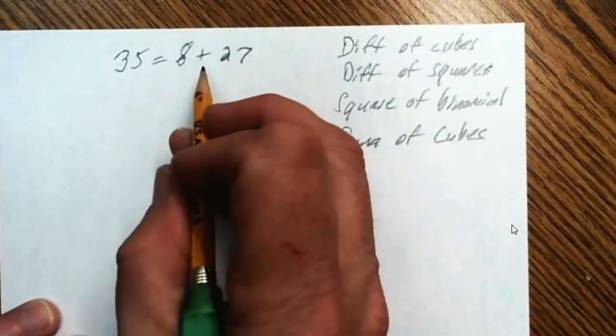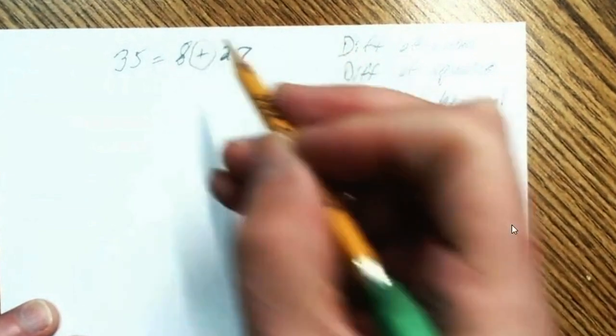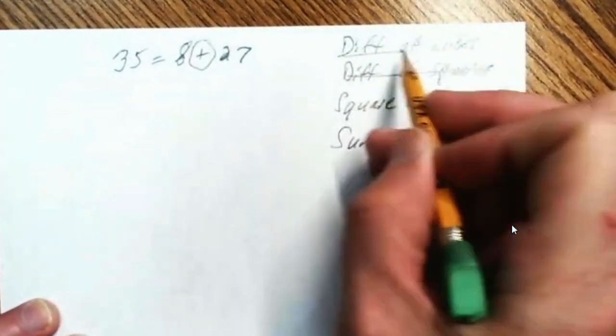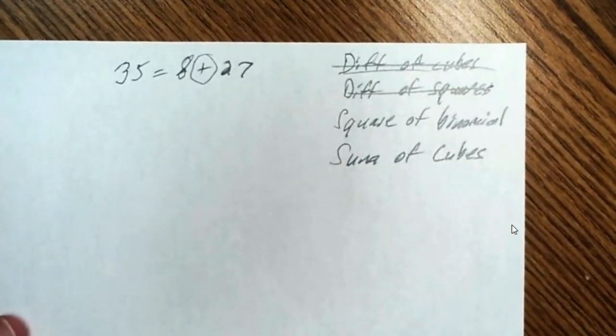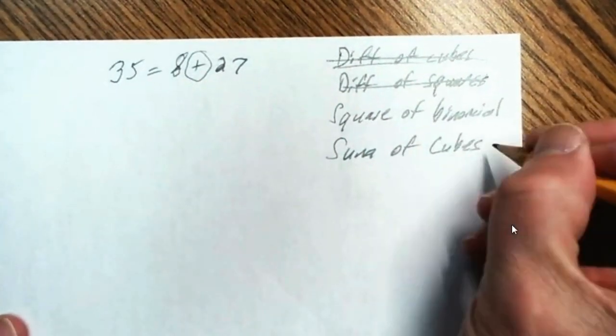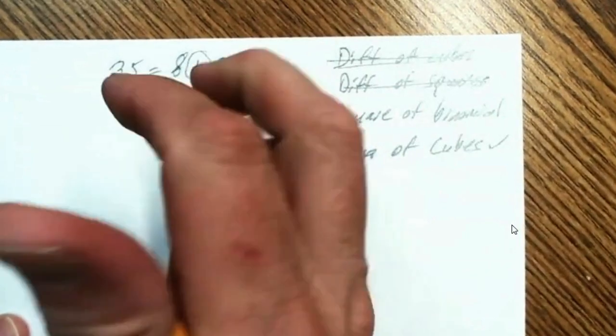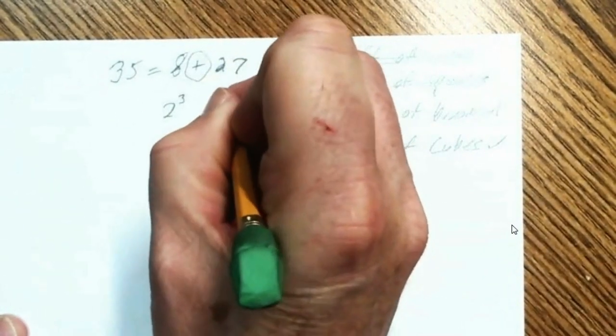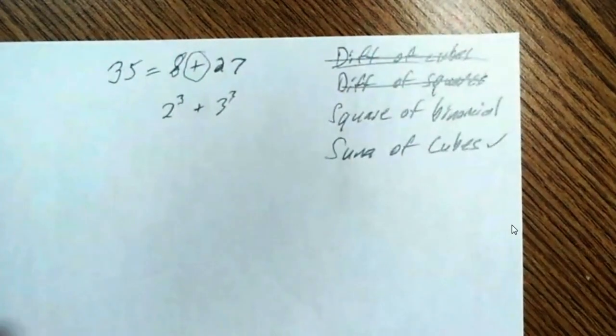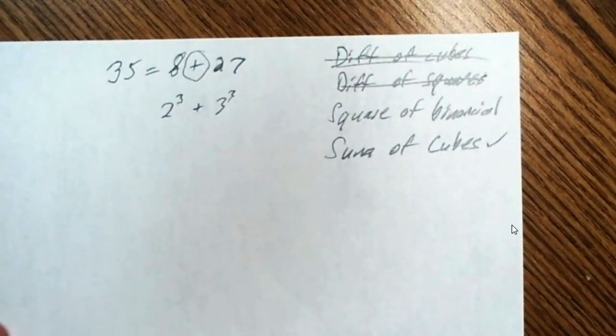Well, the first thing I look at is that's addition. So it can't be the difference of either one of those because there's not a difference. It's a sum, which makes me think it's this one. And this is a cube because this is 2 cubed and this is 3 cubed. And that is the sum of those. But I don't know that we looked at that